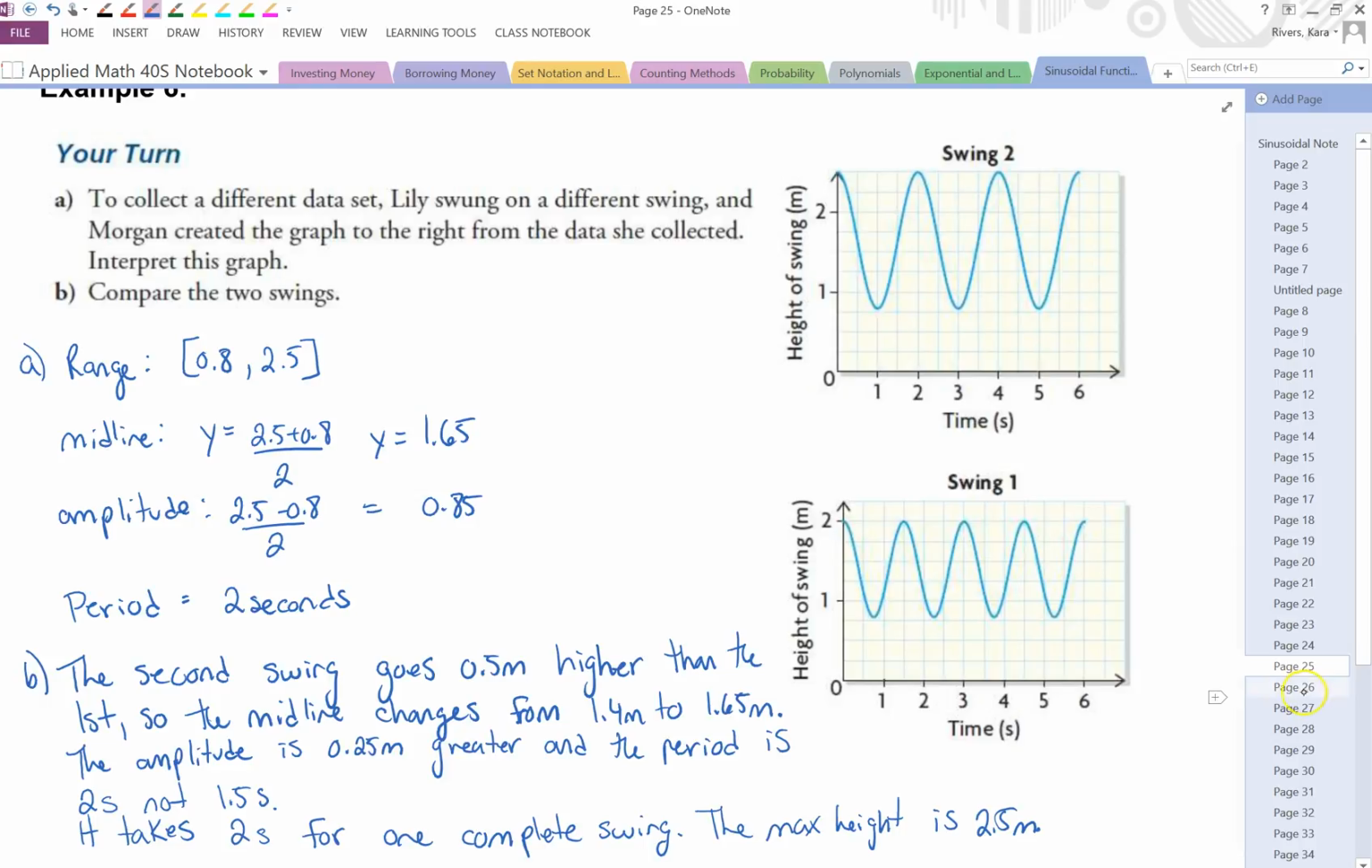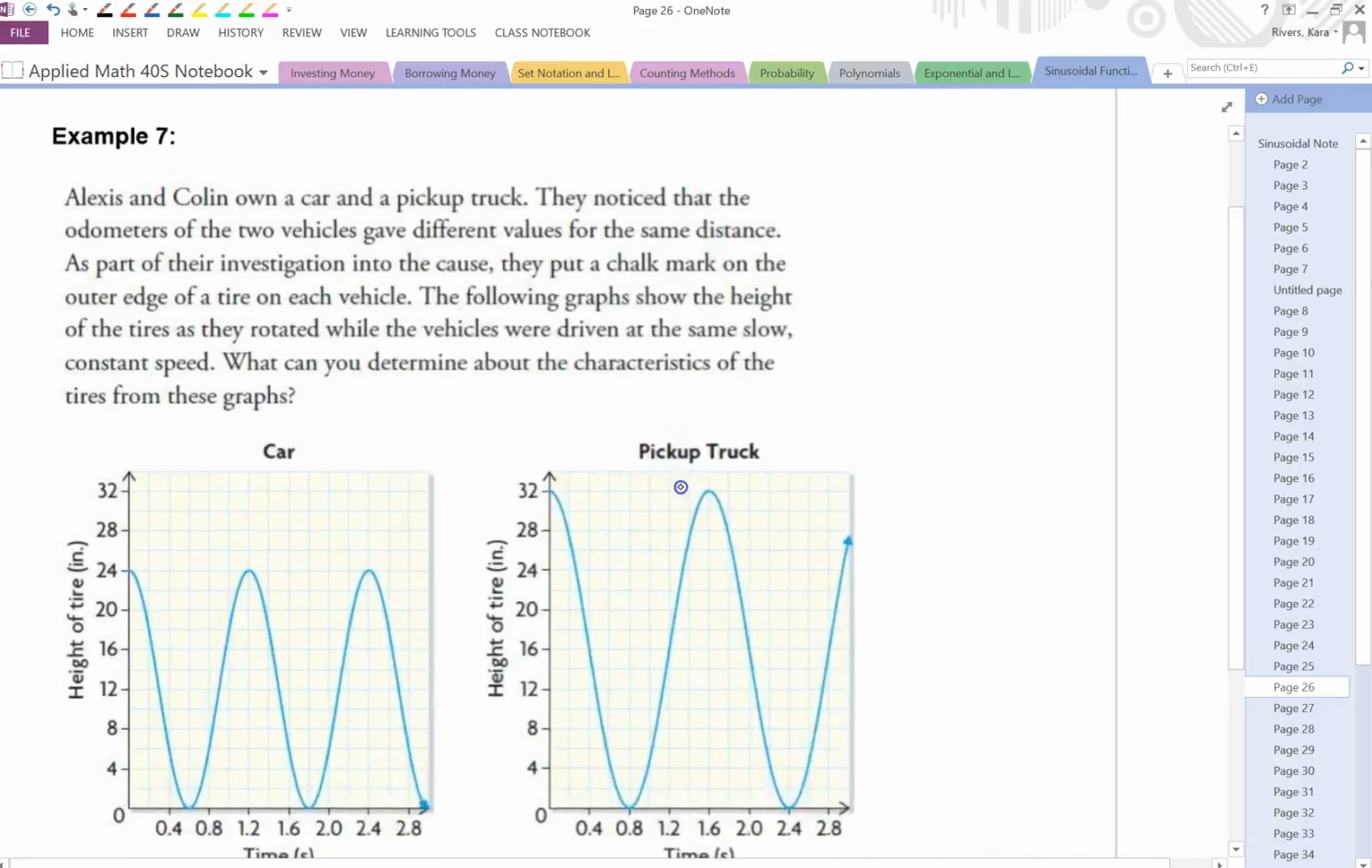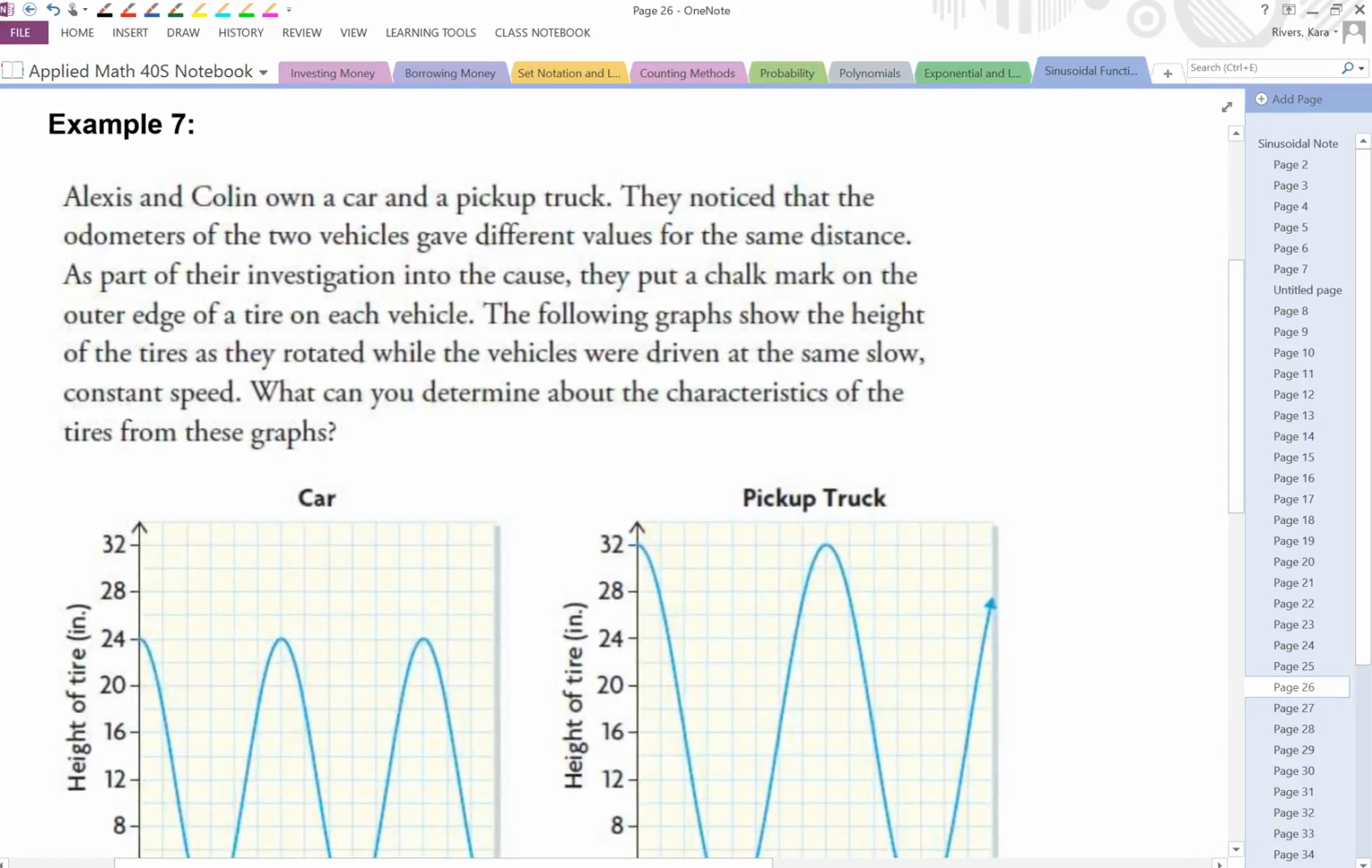All right, let's take a look at the last example. In example 7, it says Alexis and Colin own a car and pickup truck. They notice that the odometers for the two vehicles have different values for the same distance. As part of their investigation into the cause, they put a chalk mark on the outer edge of a tire on each vehicle. The following graphs show the height of the tires as they rotated while the vehicles were driven at the same slow, constant speed. What can you determine about the characteristics of the tires